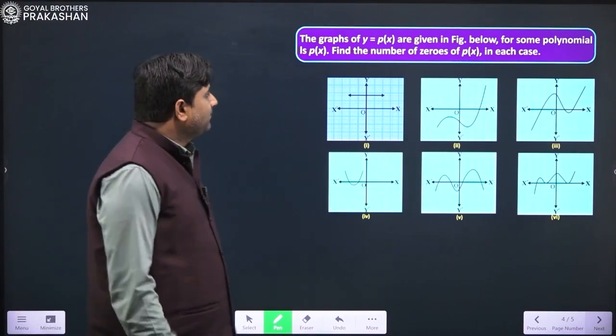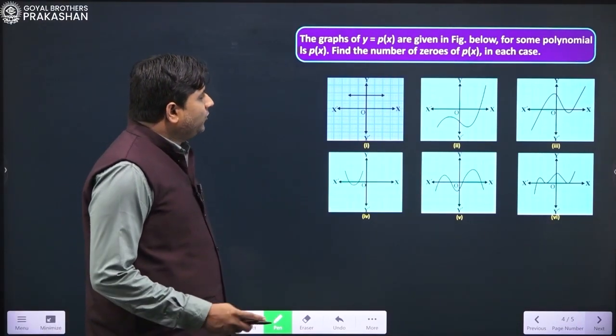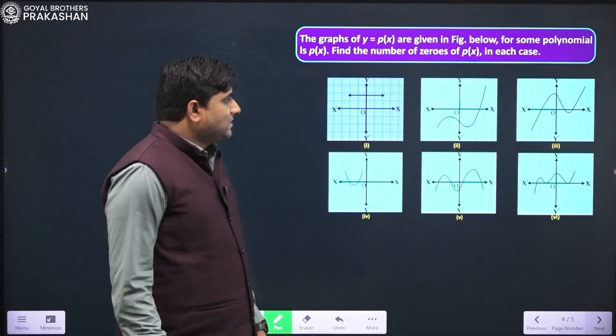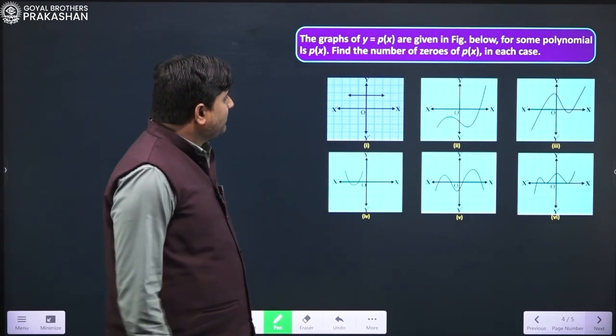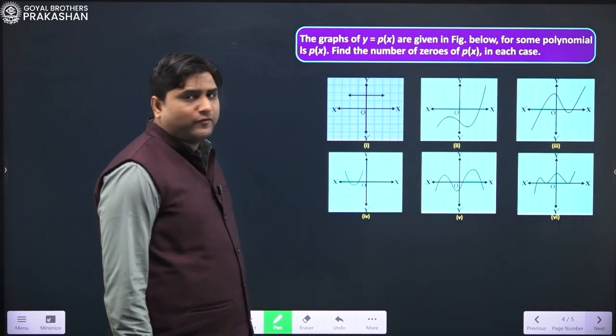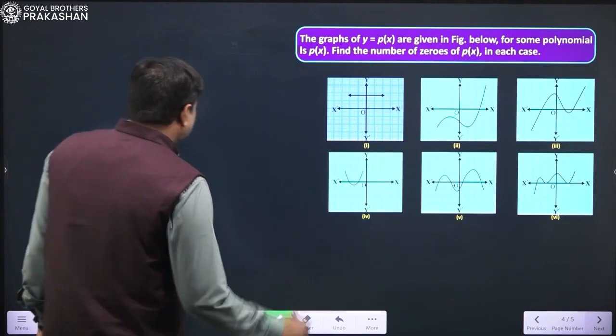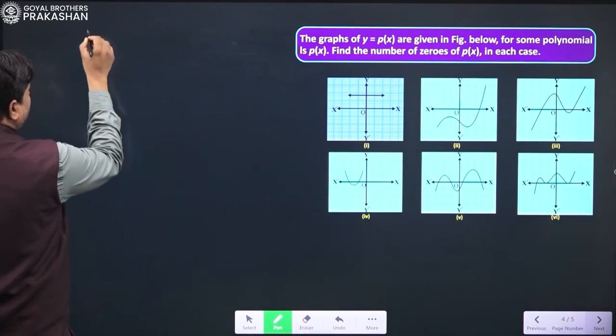The question is, the graph of y equals p of x is given in the figure below, for some polynomial p of x. Find the number of zeros of p of x in each case. So the concept is the number of times